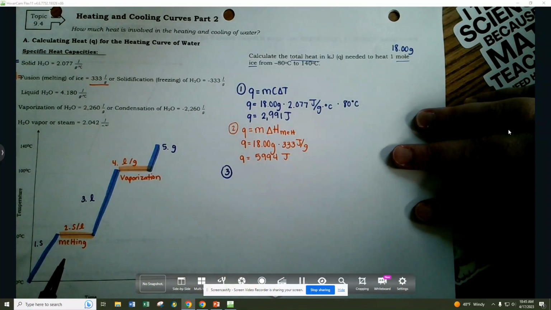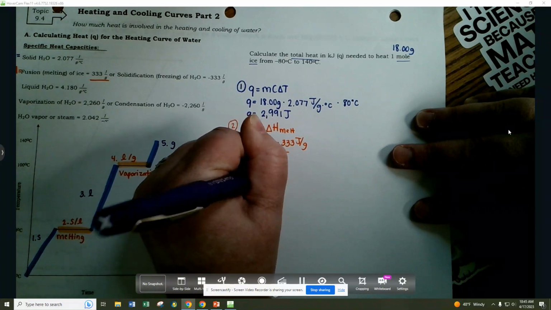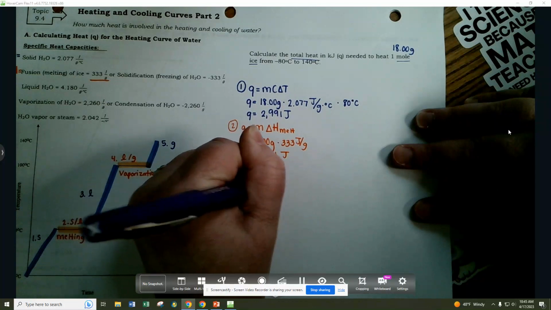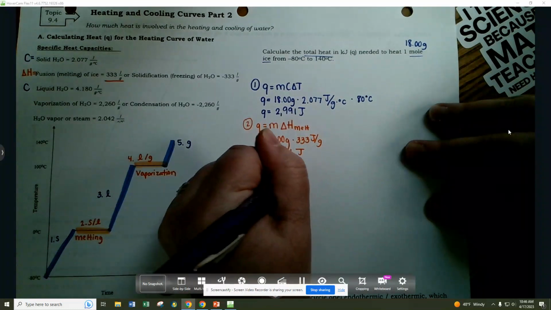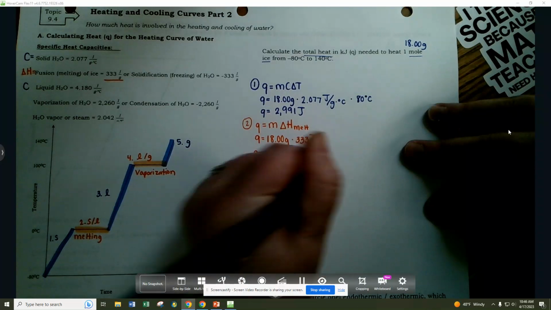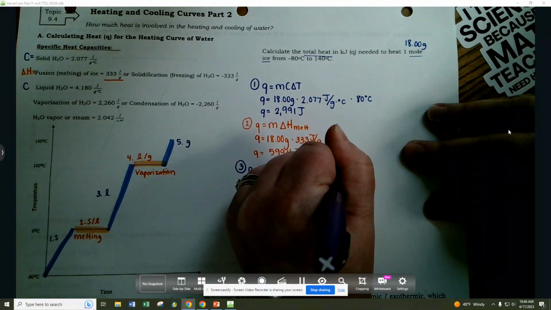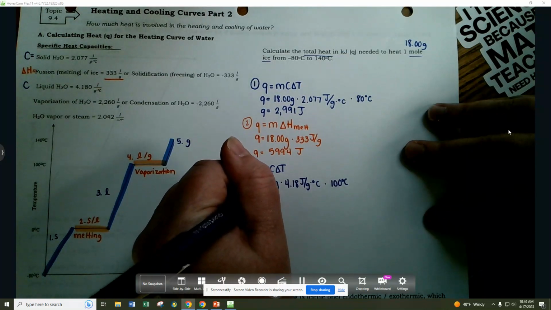So for number 3, we're back to heating, but we're at liquid water using MCAT. Still 18 grams of water, but we're in the liquid state. So that means our C is going to be this 4.18. And this window ended at 100, began at 0, so the delta T is 100 degrees Celsius. So when I multiply that up, I got